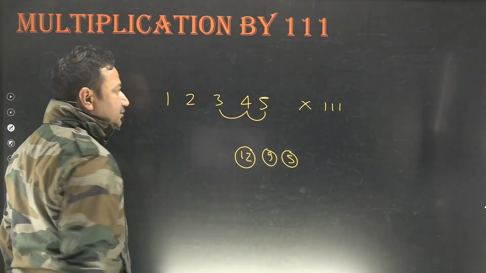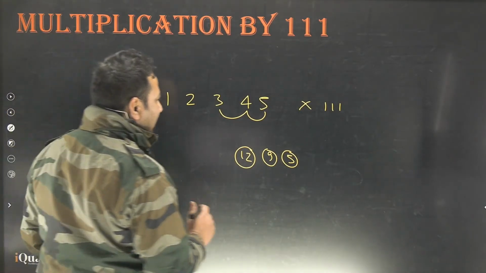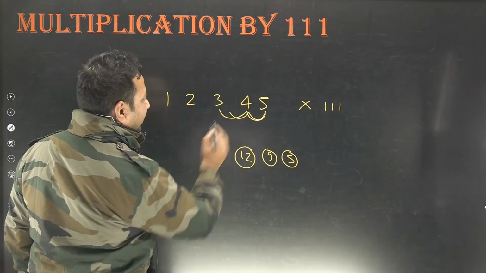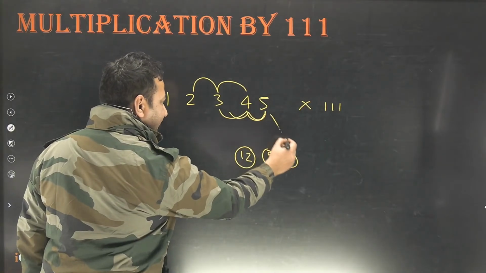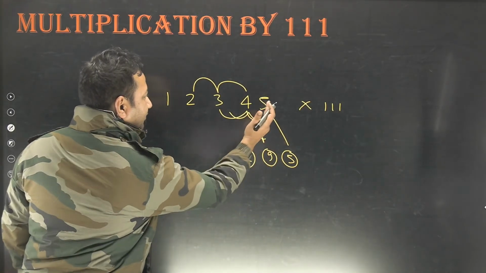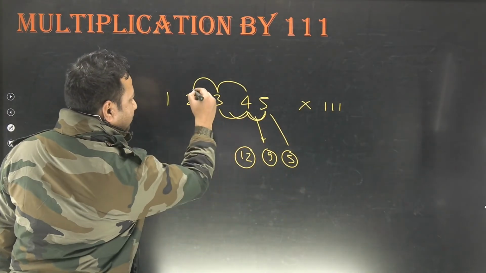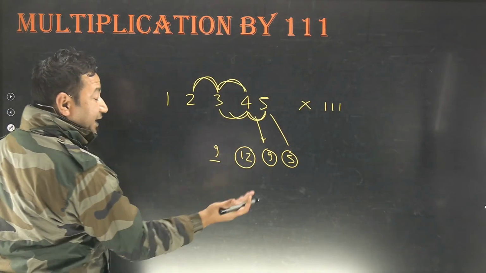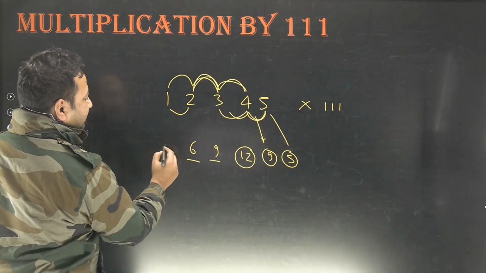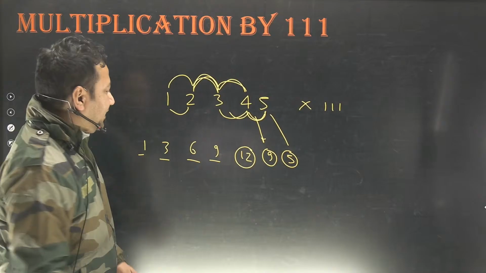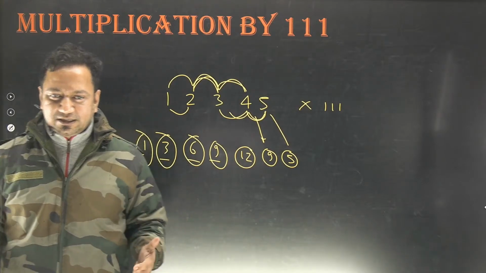Now what will happen? As I said, we again will have to take 3 digits. Okay, so we have taken the last 3, 5, 4 and 3. Now we'll take 4, 3 and 2. Is that clear? 5 comes here, 4 plus 5 comes here, then 3 plus 4 plus 5 is 12, then we'll be having from the rightmost side the next 3 digits, 2 plus 3 plus 4, again 9, then again 3 digits, 1 plus 2 plus 3 is 6, then 2 digits, and then 1 digit. So till the time there is a possibility of choosing 3 consecutive digits, we'll keep on choosing 3 digits. Is that understood?